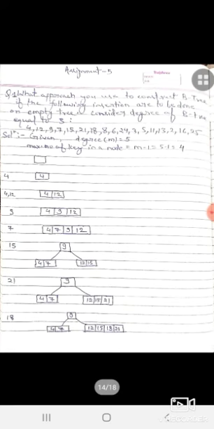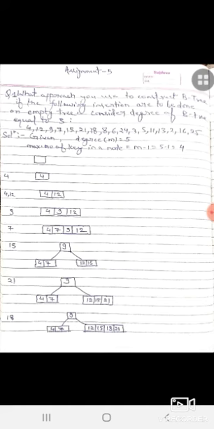Another one is creating a B tree, insertion of nodes in a B tree. So here we are given many keys, and we have to make a five way tree because the degree of the B tree in the question is given as 5.